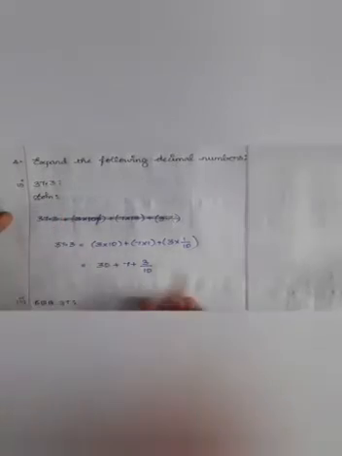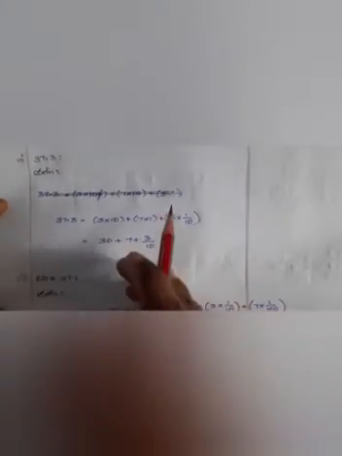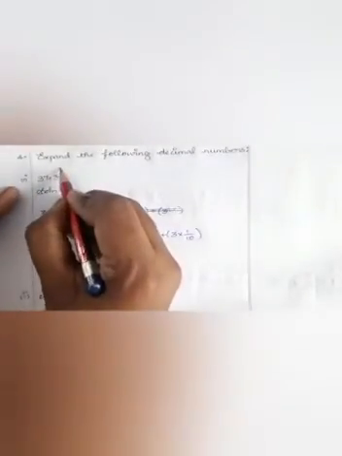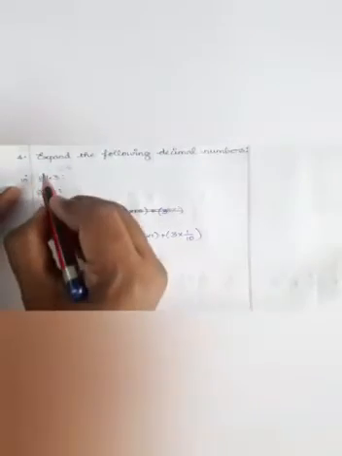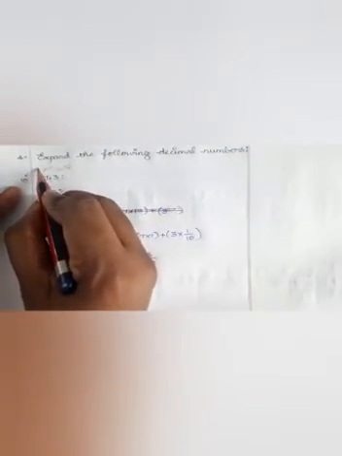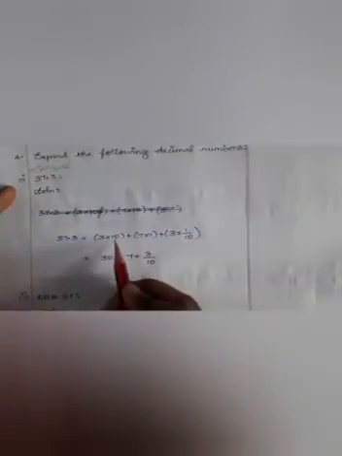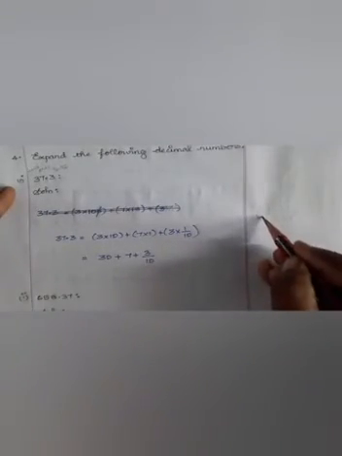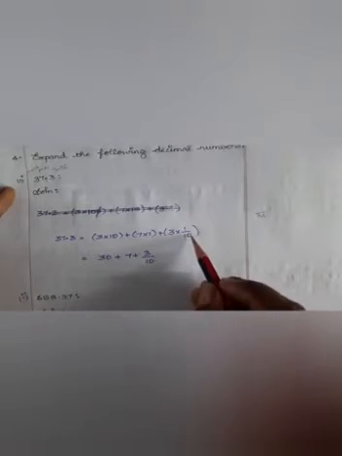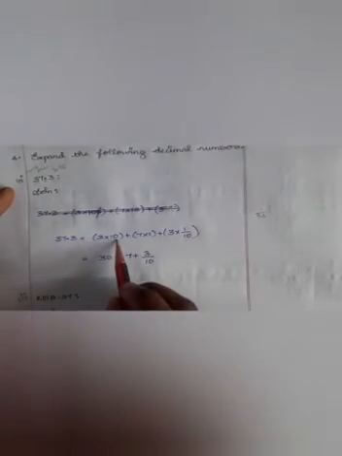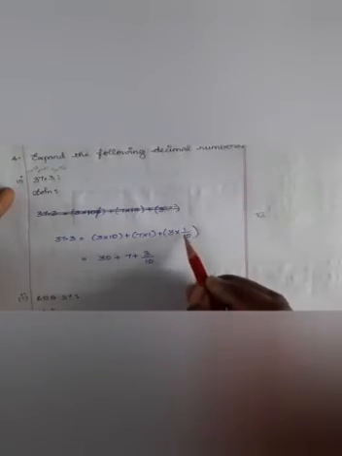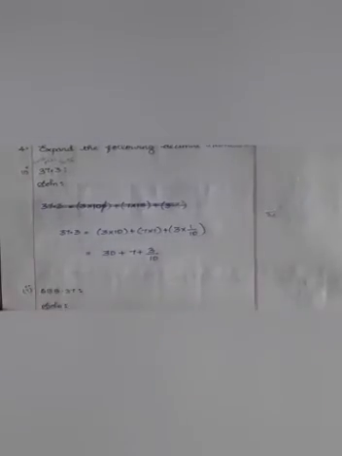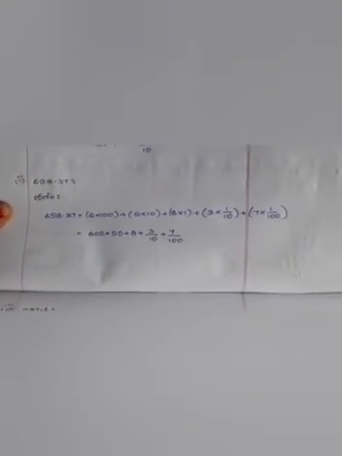37.3, we are going with the solution. So first, as I said in the place value chart, after decimal point it is what? Tenths. Okay, tenths is divided by 10. And this is ones and this is tenths. So always tens will be written as 10, ones will be written as 1, but tenths, if you have THS in it, you want to divide it by that number. So 3 into 10, 7 into 1 and 3 into 1 by 10. So 3 into 10 is 30, 7 into 1 is 7 and 3 into 1 by 10 is 3 by 10. Clear?